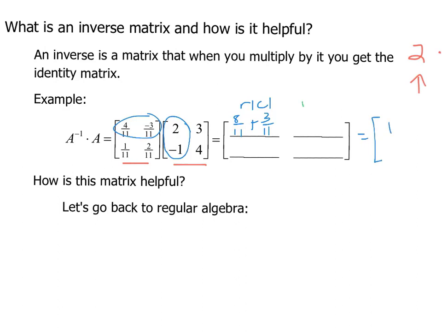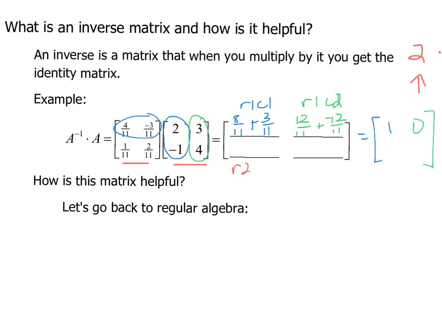If I take row 1 times column 2, I'm going to have 4/11 times 3, so that's going to be 12/11, plus -3/11 times 4, that's going to be -12/11,